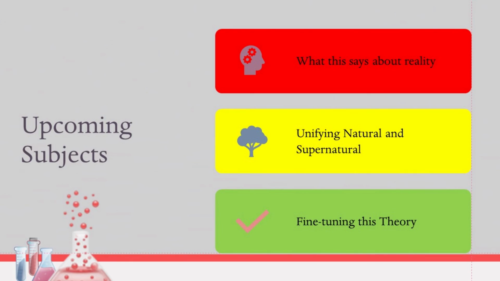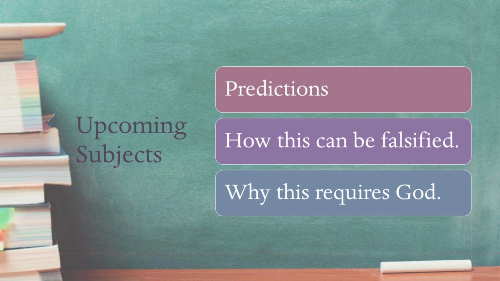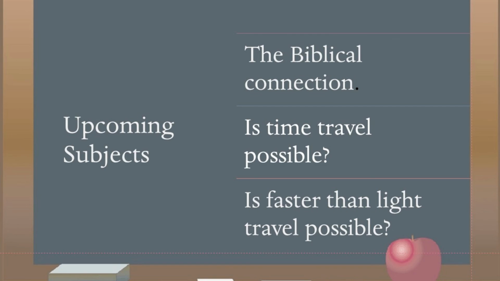Here are the upcoming subjects: what this says about reality, unifying the natural and supernatural, fine-tuning this theory, predictions, how this can be falsified, why this requires God, the biblical connection, is time travel possible, is faster than light travel possible,